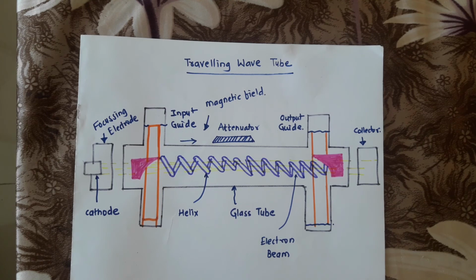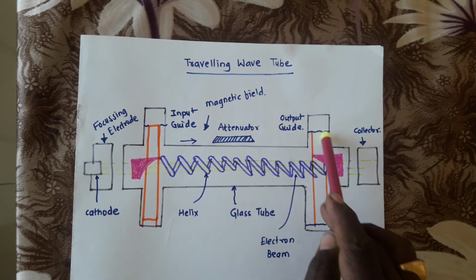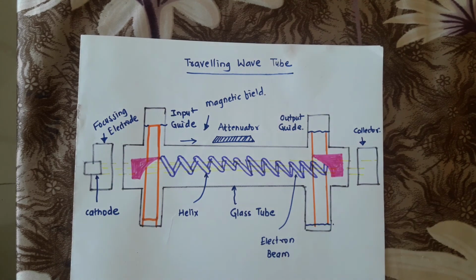Once again, theoretically it takes no power to provide velocity modulation, since there are equal numbers of accelerated and retarded electrons. By the time this initial bunch arrives at the turn of the helix, initially there is such a phase that it retards the bunch slightly and also helps the bunching process a little more. So this process continues from the initial stage to the last stage. So at the output stage we are getting the amplified signal.